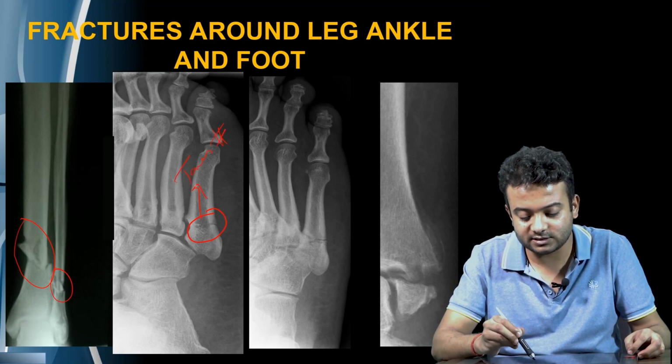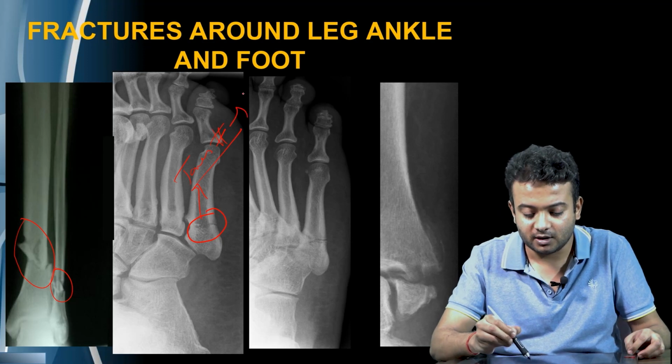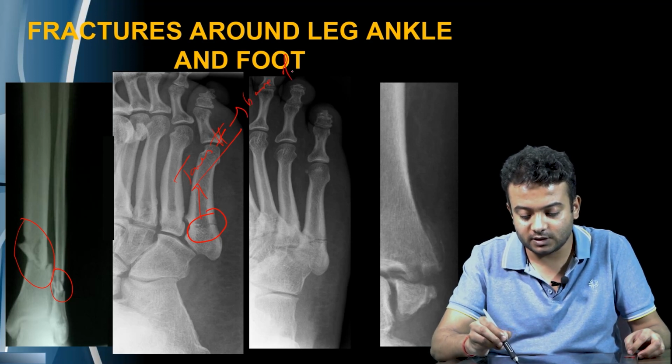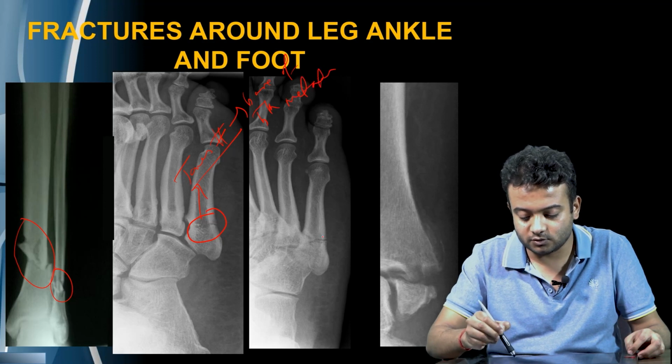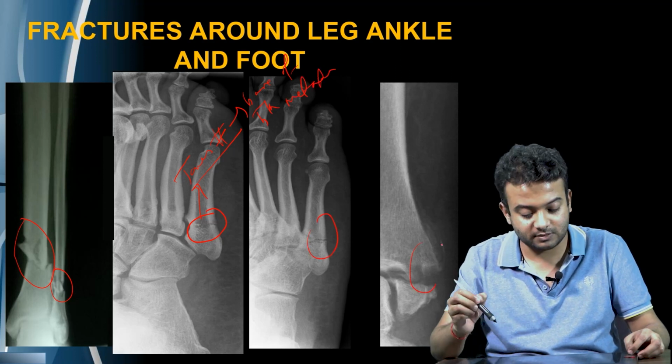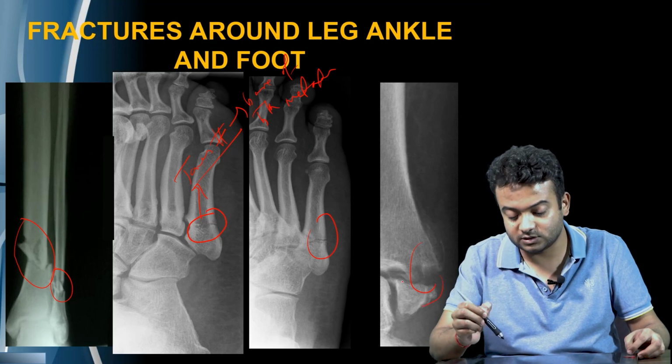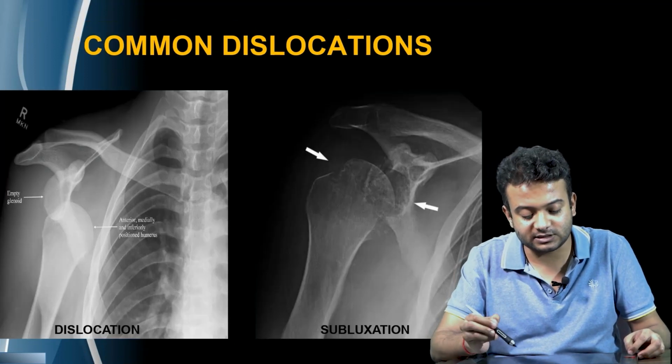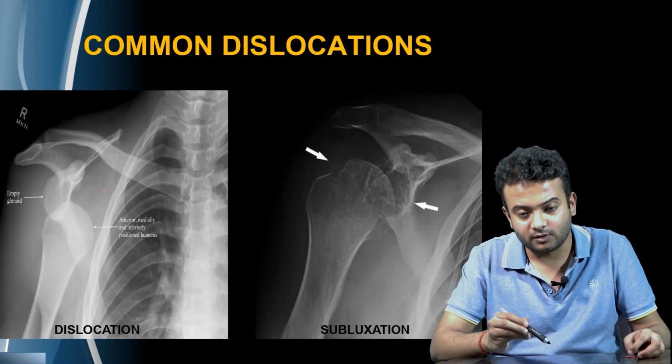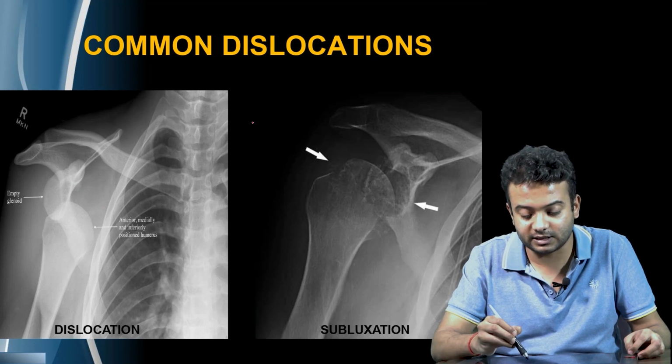So if somebody asks about Jones fracture, then we have to know that this is a fracture of the base of the fifth metatarsal. This is the lateral collis fracture. And other dislocations can also be there, like if they ask about knee dislocation, then the posterior dislocation in